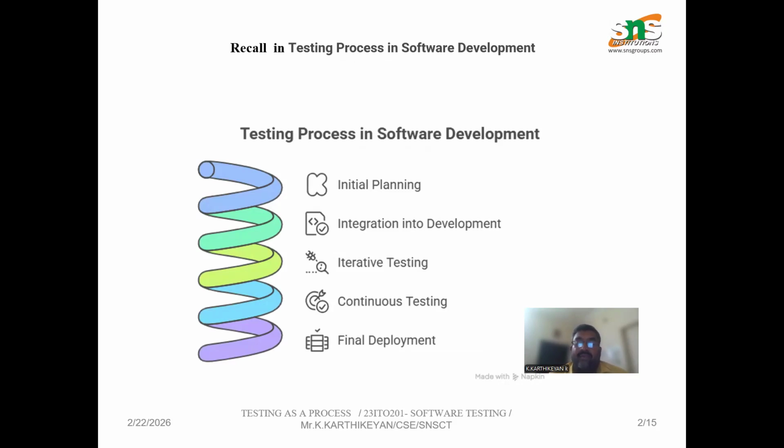We find there are 5 phases in software engineering. The first one is requirement, the second is design, the third is implementation, the fourth is testing, and the fifth is maintenance. Once you have started the project, as a tester,